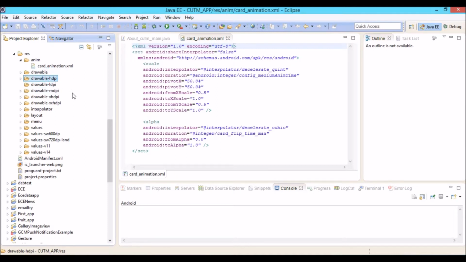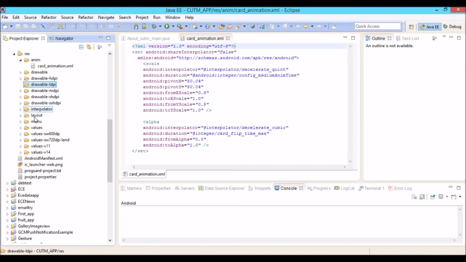The hdpi means high definition pixels per inch, then medium definition pixels per inch, and extra high definition pixels per inch. So depending upon the size of the image, those images are kept under their respective dpi folders.